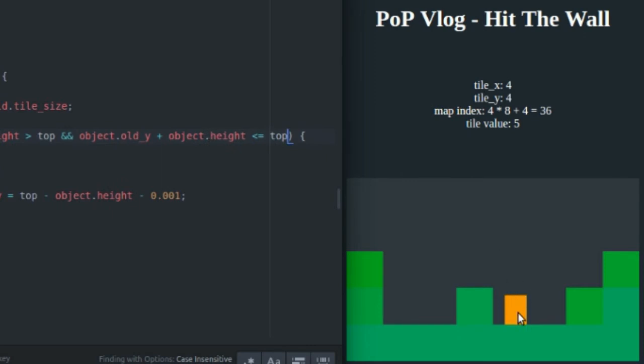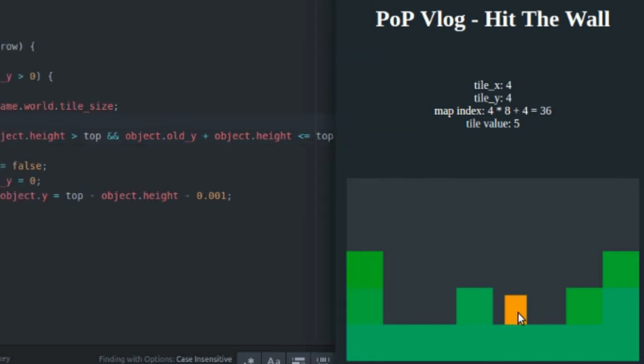This ensures that if I'm falling down, the old position is going to be outside of my tile and the new position is going to be inside of my tile, and I know that I'm actually entering into the tile. So then once I know that I've entered into the 5 tile here from the top, I know that I can do my collision response. So it's really, really simple. The collision detection is just testing to see if I'm entering into the top of this tile, and then the